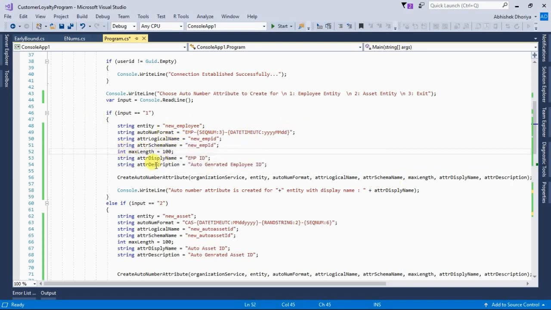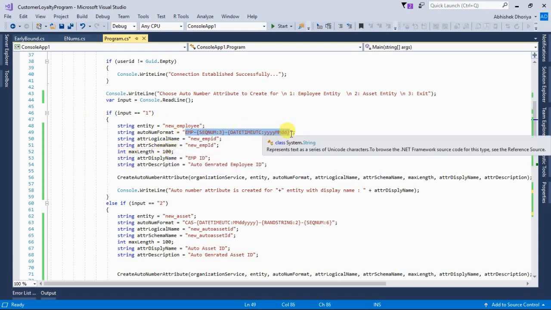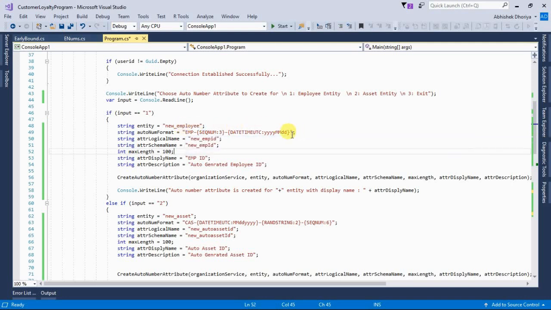You need to be very cautious when defining the maximum length, because this length should always be greater than the total characters of this string. The total length of this newly generated string should always be less than the maximum length.